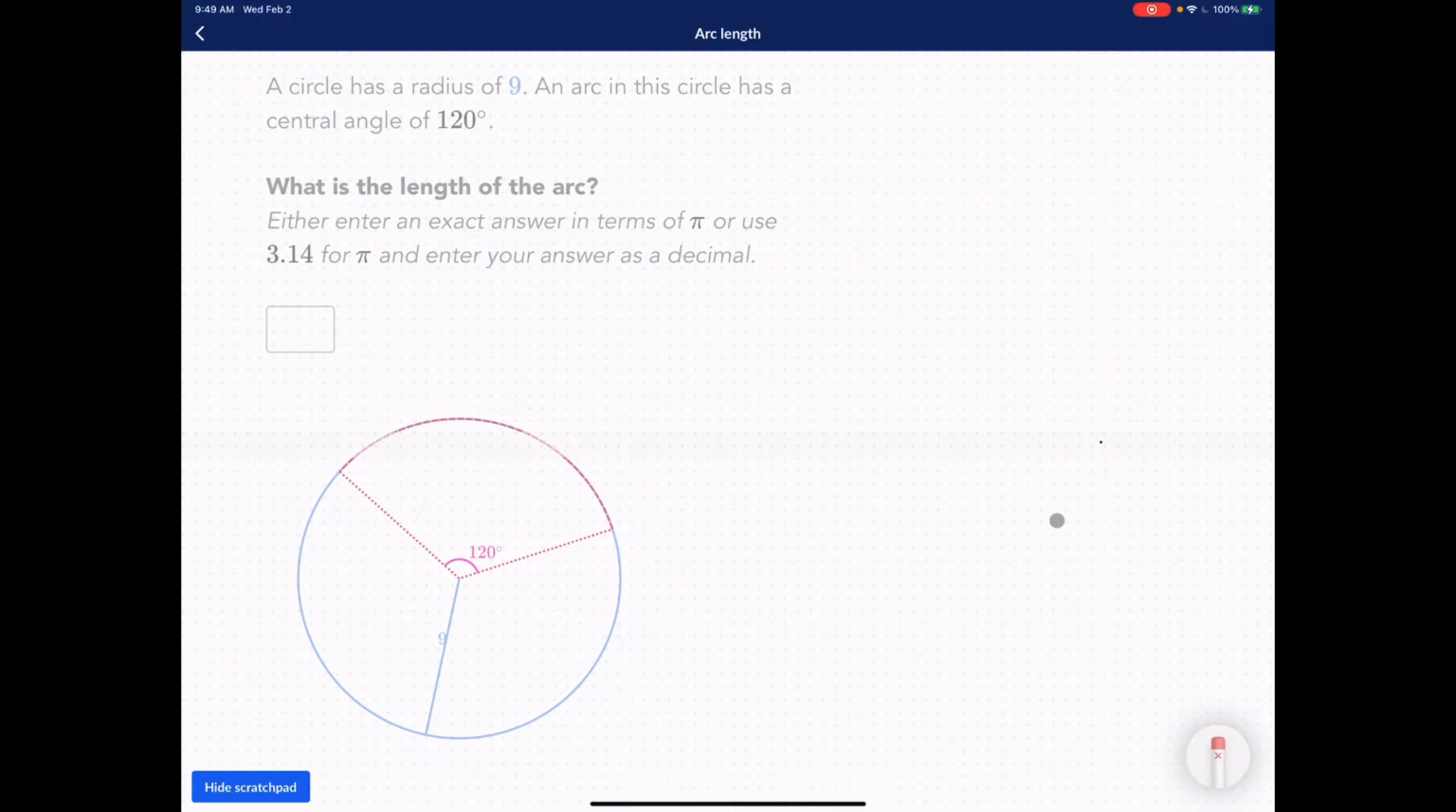So the entire circle is 360 degrees. But the degrees that we're trying to find out is 120 degrees, right? So what I'm going to do is divide the numerator and denominator by 120. 120 divided by 120 is 1. 360 divided by 120 is 3. So what I know is that this length is a third of this entire circumference, right? So if I find the entire circumference and multiply it by 1/3 or divide it by 3, then I'll get this